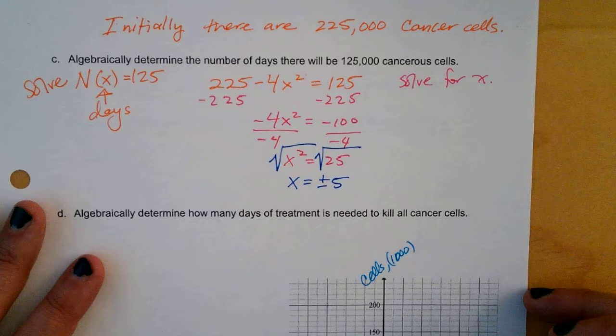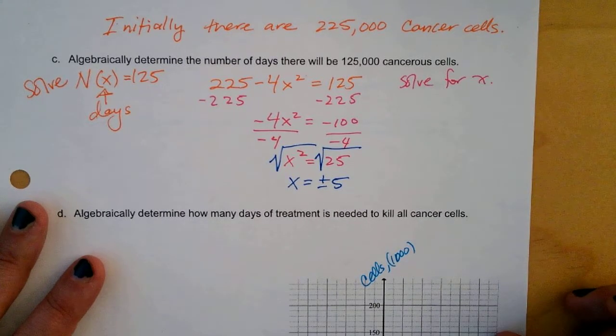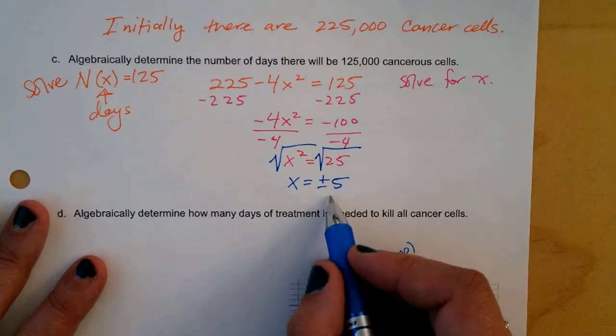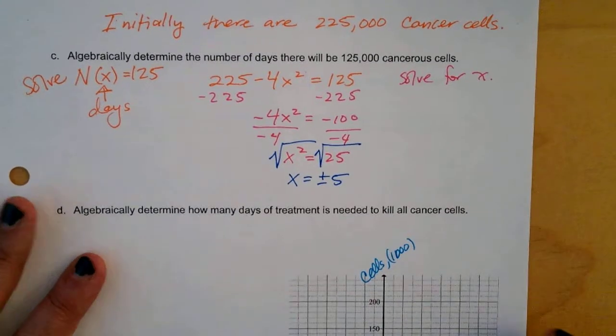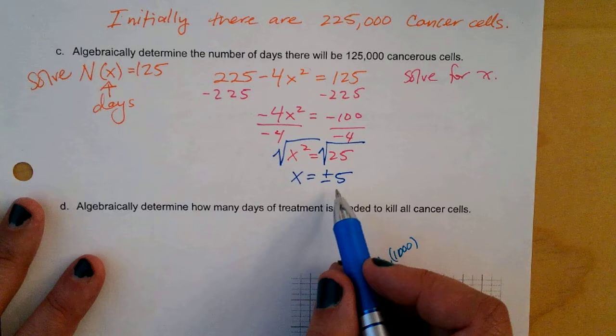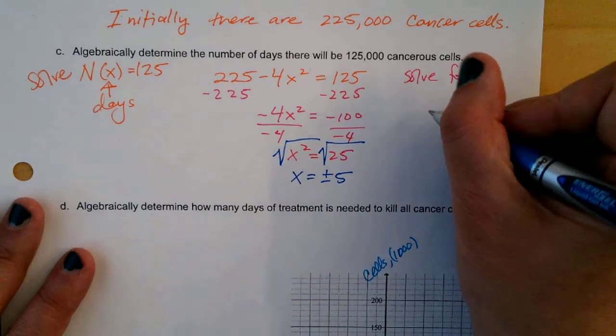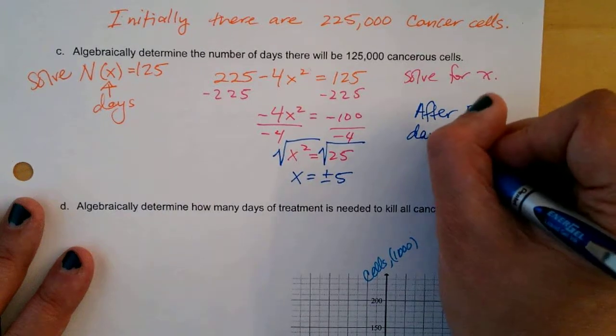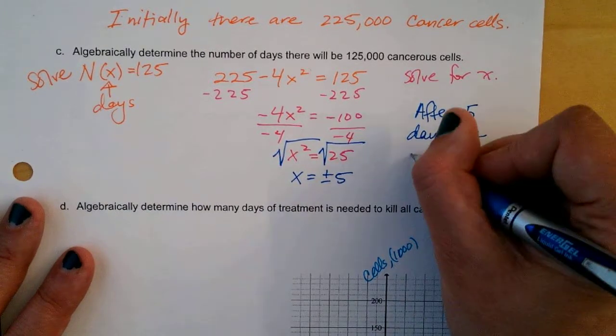Now, when it comes to this word problem, could you have negative 5 days? Can you undergo cancer treatment for negative 5 days? How would that work? Yeah, it wouldn't work. You can't really have negative time. You can only have time going forward. So we would exclude the -5, even though it is an answer to the equation, because it doesn't work in terms of the context. So we would say after 5 days, the cells